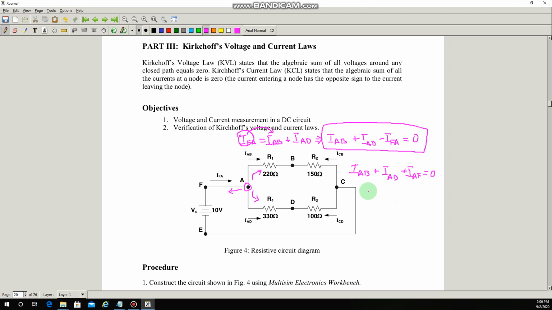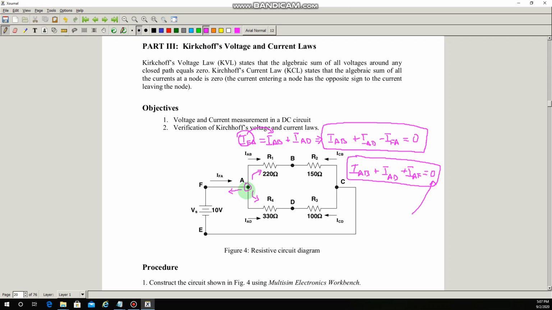So now we have another statement for KCL. What does that statement say? That statement says that the sum of all the currents leaving a particular node should be equal to 0. Let me repeat it. The sum of all the currents leaving a particular node should be equal to 0. We just proved it, right? Similarly, we can also say that the sum of all the currents that are entering a particular node is also equal to 0. These are all of the statements of KCL.